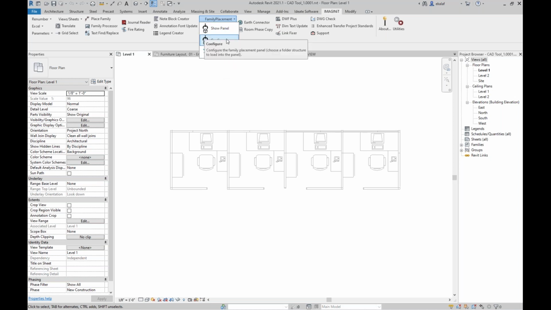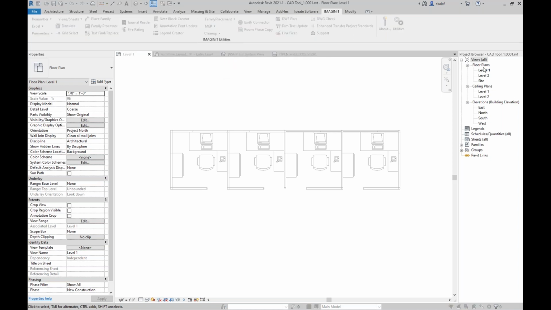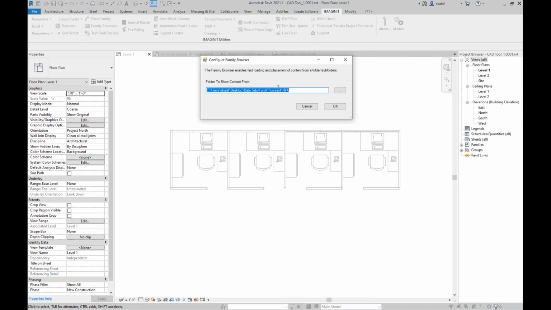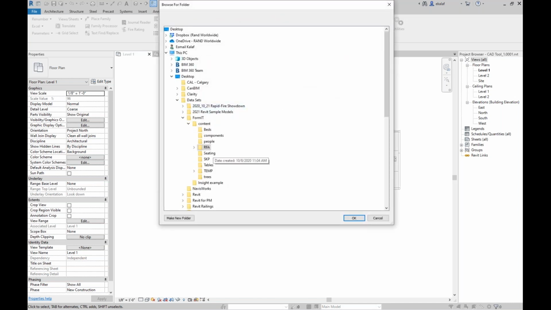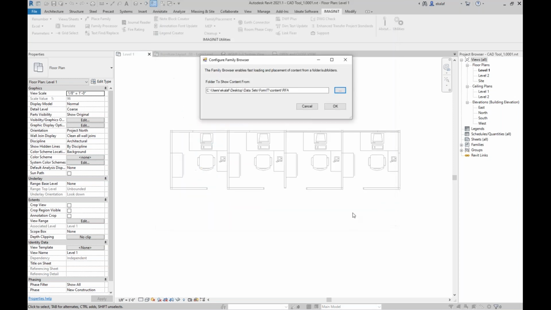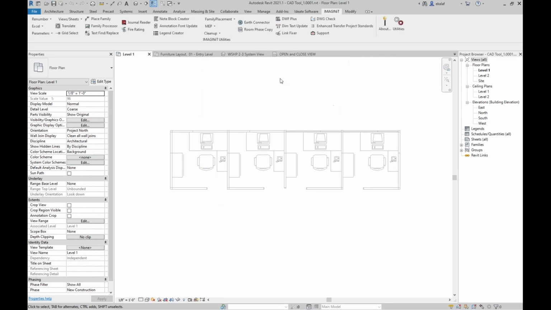is basically going and clicking on the configure option, and then this pops up on one of the other screens, which is fine. So in this case, what I've done is I configured this to a certain location on my desktop. In your case, you're probably going to be looking for a location in a centralized area where you have your libraries, and it's just a matter of clicking on the folder that you want. Once you have that done, you click on OK, and then you click on OK there, and now